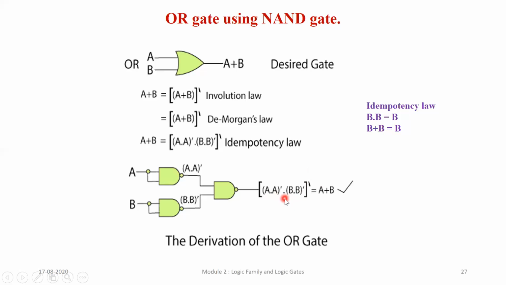So this ANDing operation becomes OR, and OR becomes AND. Okay, so this product became plus, and A dot A, you know it is A. B dot A, you know it is B. So yes, and this complement sign is removed. What will this become? A complement's complement. So this complement gets removed and we have A plus B. So this is my De Morgan's law.